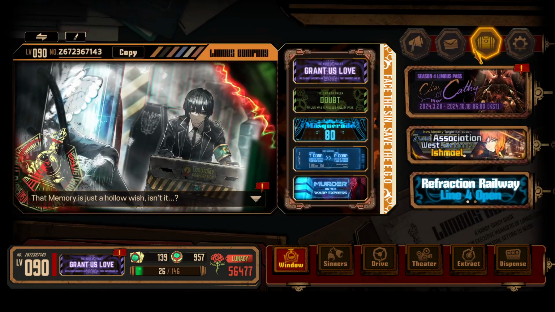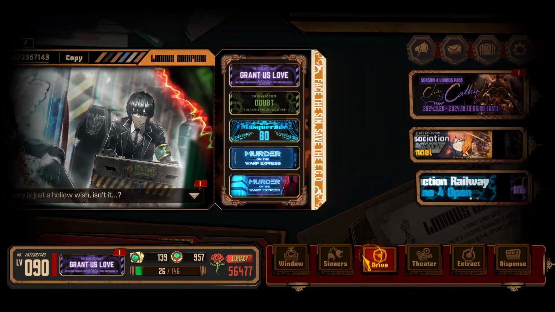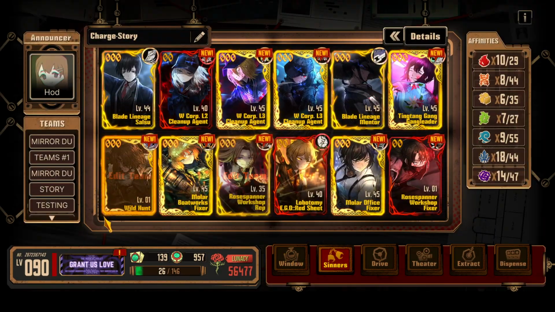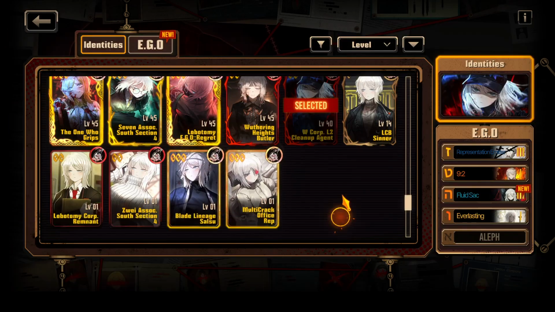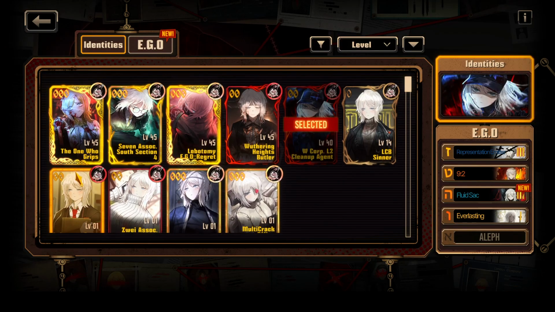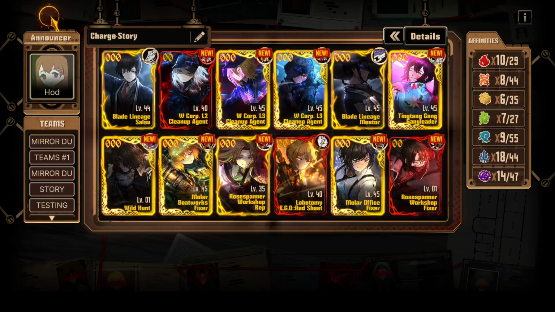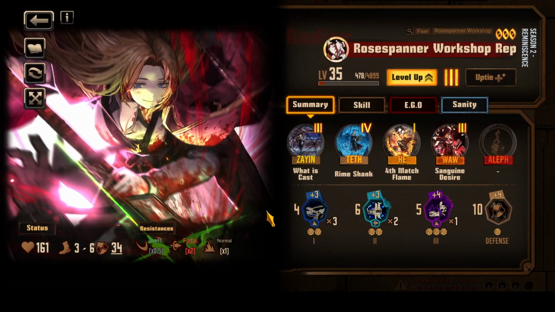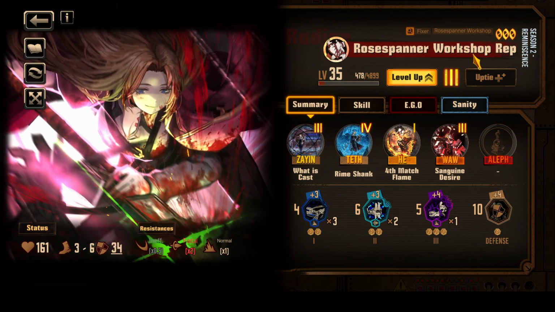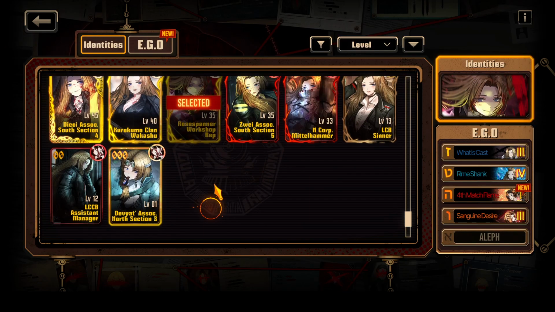How many more do we have? 30. Okay, we can do one more. Okay, who is it gonna be? We can do another Foss, maybe. I enjoyed the one who grips Foss. Well, she already has it. Okay. How about Rodya? Rose Spanner Workshop. Okay. You know what? Let's do...